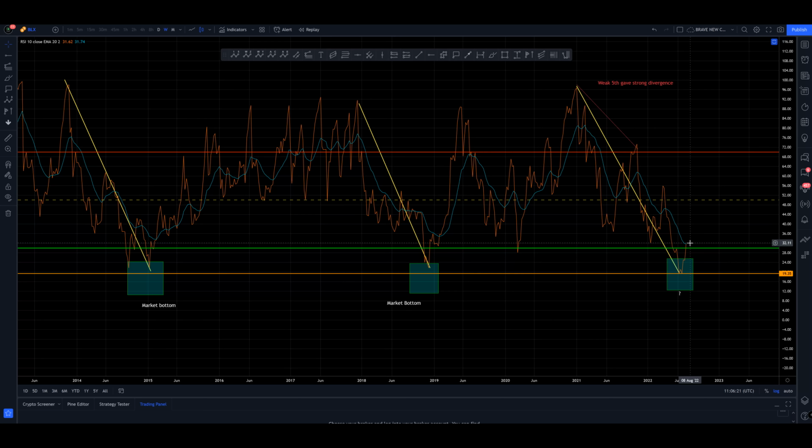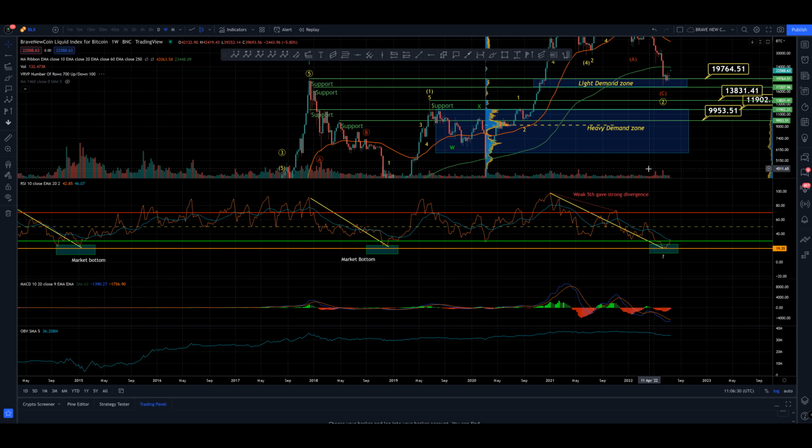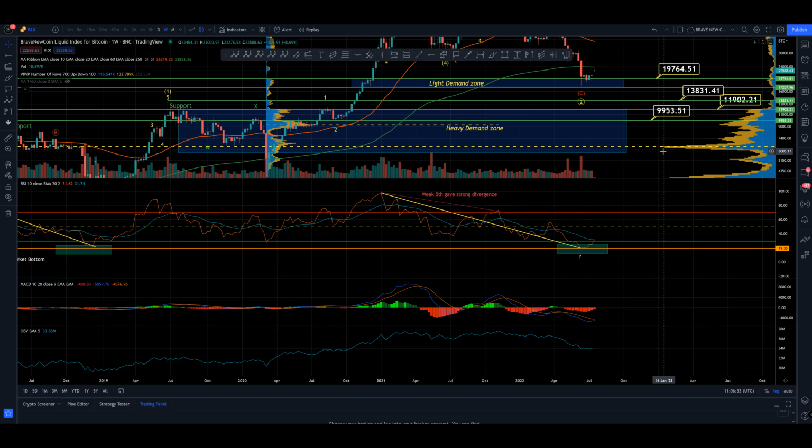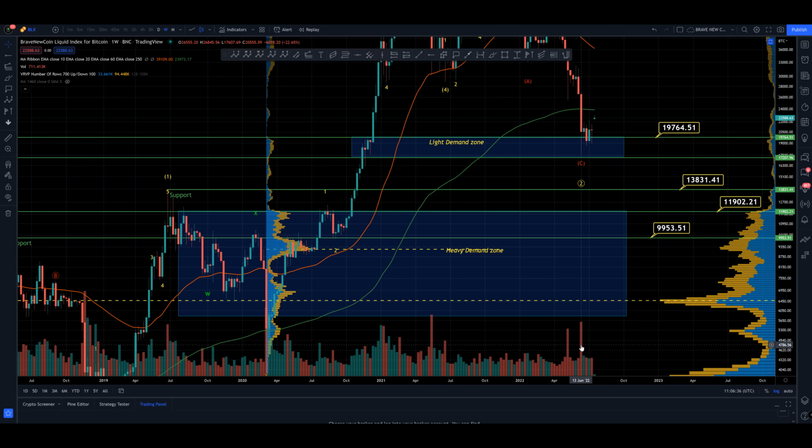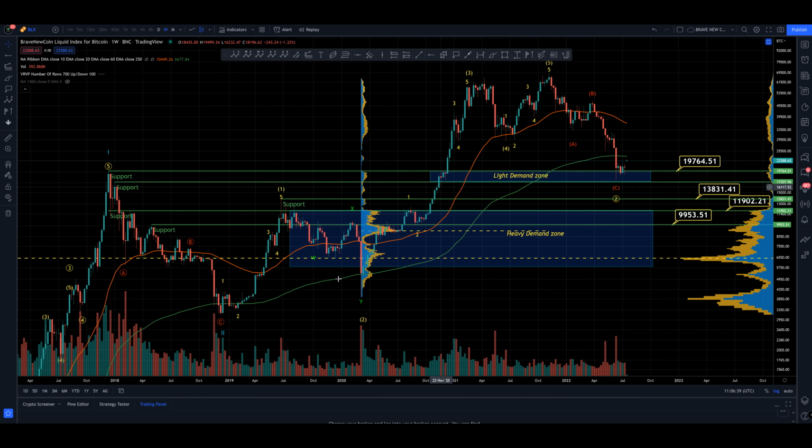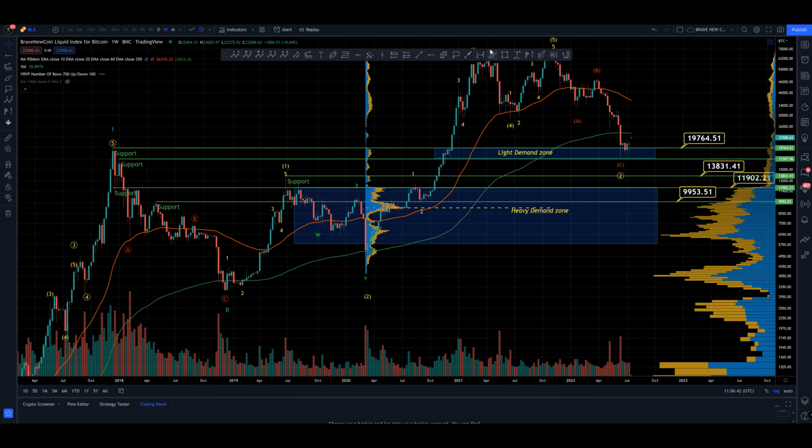From that region, we've had a bounce over the last few weeks, and we pushed ourselves just back into neutral territory. Okay, above the 30 on the RSI. Now we've seen signs of capitulation with the volume spike here, but it looks more familiar to me to the 2018 capitulation. So we had this volume spike here as those who were going to sell finally sold after this long period of consolidation, right? But that wasn't the low. We made a low a little bit beyond it on declining volume. Now, from the volume profile that we're looking at here, that looks more familiar.